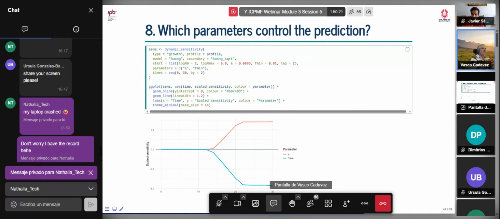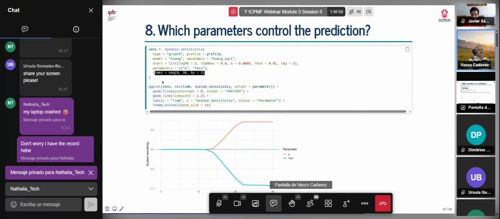And to finalize this dynamic model, it is important to do what we call the sensitivity analysis or scale sensitivity of the model parameters. This is important. So we have a function, the name is dynamic sensitivity, where you can do this analysis. So what you need to feed: the type of model, grow. You need to feed the profile. You need to feed the model, the primary and the secondary, the starting values, and the times that you want to do